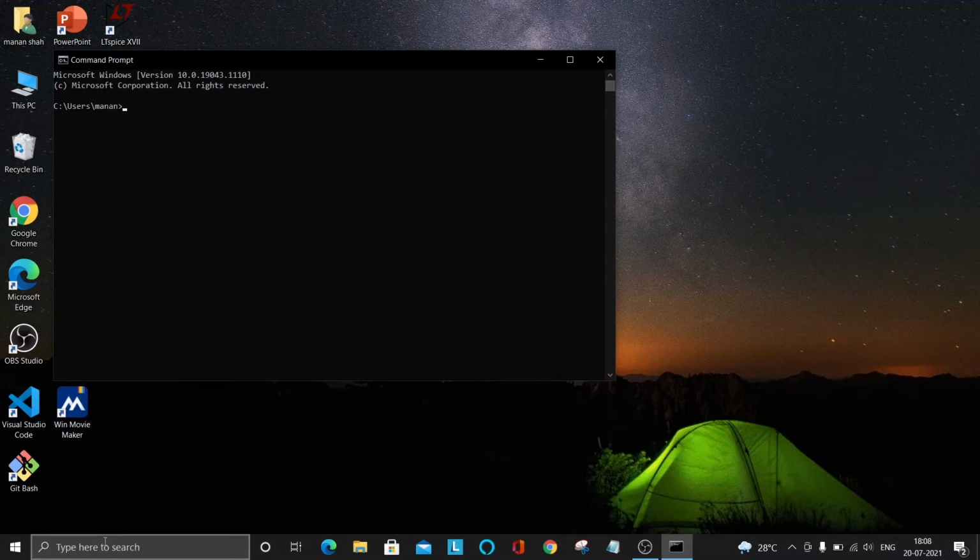After going into command prompt, just write java minus sign version and then enter. If you see a message like this, then this means that you don't have Java in your system. If you get any message like Java version 15, 16, that means that you already have Java. So you can skip the Java installation part and directly go to installing Android Studio.